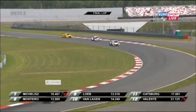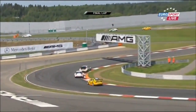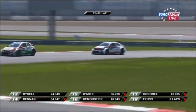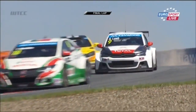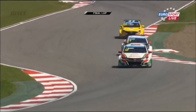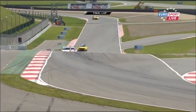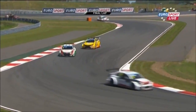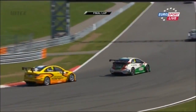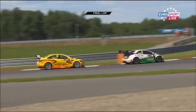Well, Van Lagen's last lap, a 1:42.24. Loeb's last lap, a 1:42.44. So that's 0.2 a lap quicker than the Citroen driver. And in fact, Van Lagen's best race lap, a 1:40.75. Loeb's best race lap, a 1:41.39. Yeah, Loeb seems to be struggling a little bit. I mean, it's quite a long way down on his teammates. And he's normally there or thereabouts, isn't he? Loeb in the 41s. I know Mar's fastest race lap was a 41.08. All the other Citroen drivers' fastest race laps are in the 40s. Lopez a 40.58, Van Lagen a 40.75. So Van Lagen's fastest race lap is only...